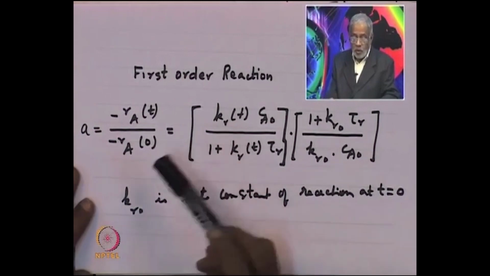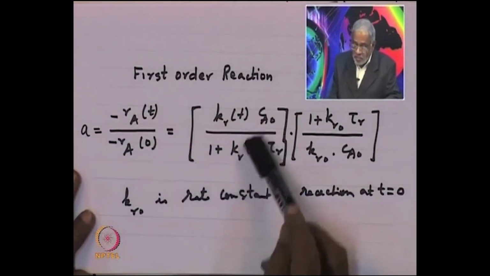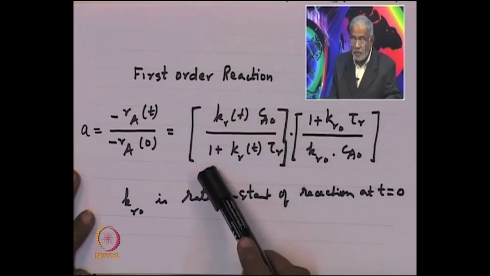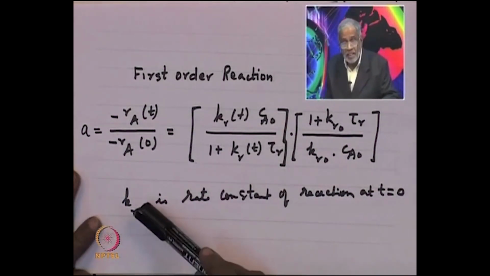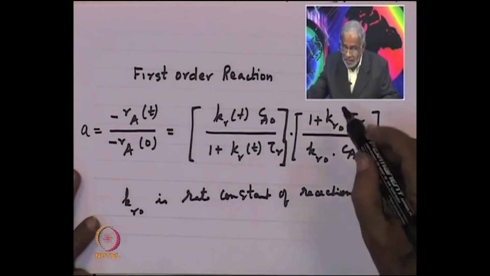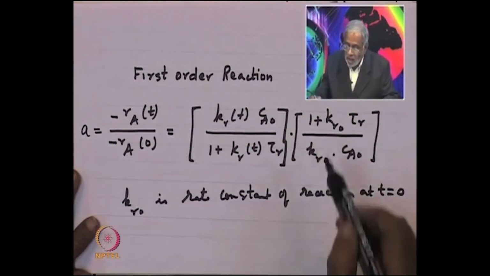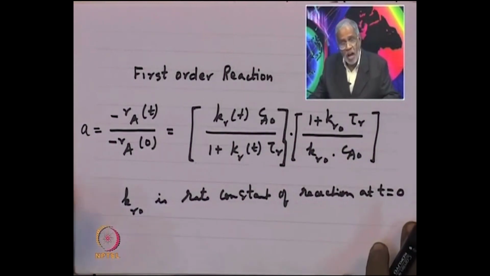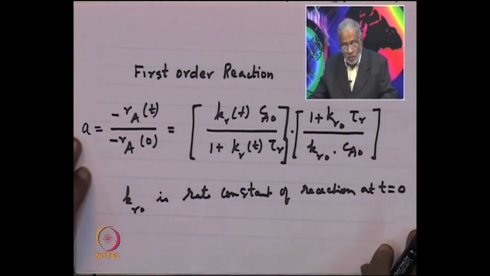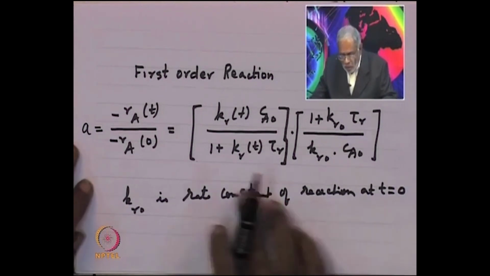Now, just now we derived the reaction rate at any time, which is this function k_R C_A0 divided by 1 plus k_R tau. And what is the reaction rate at zero time? It is k_R0 C_A0 divided by 1 plus k_R0 tau, which means that at zero time we have taken this k_R as k_R0, and therefore I have written it in this form. So, if I ask you now, what is the functionality on which this quantity A depends? We can tell by looking at the right hand side,